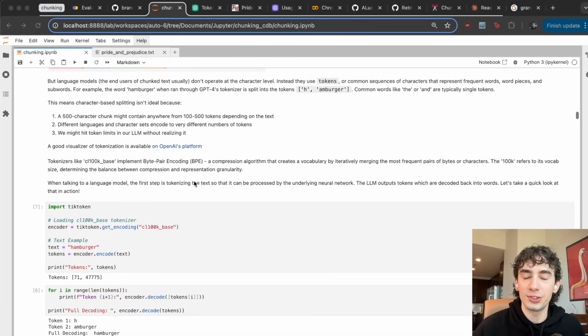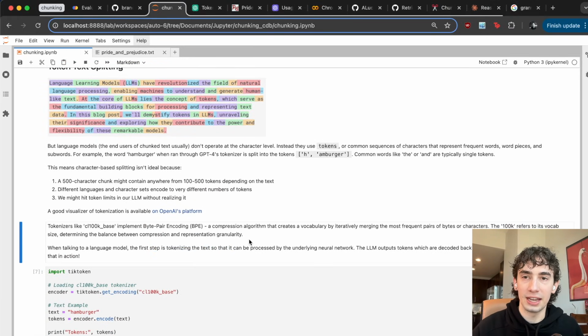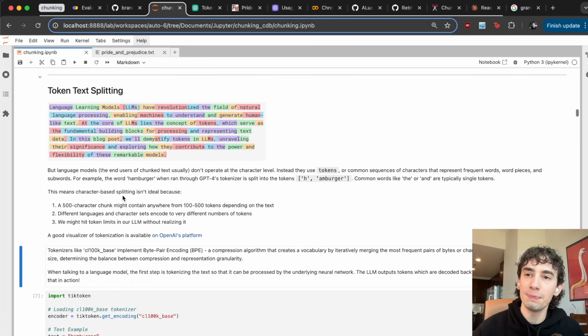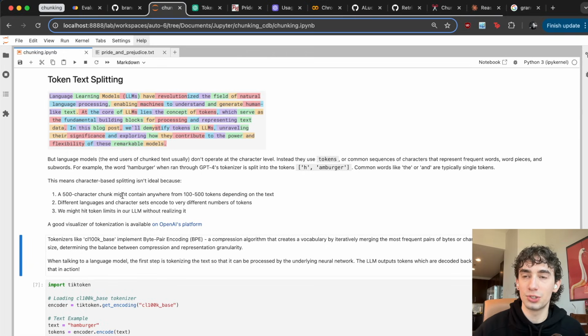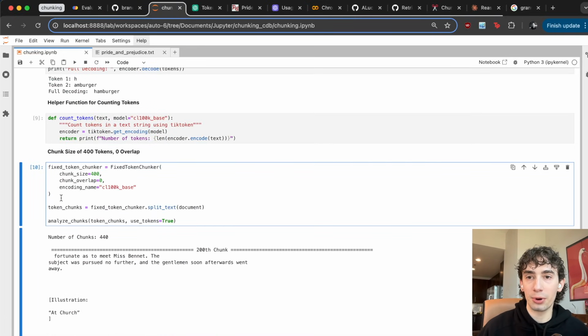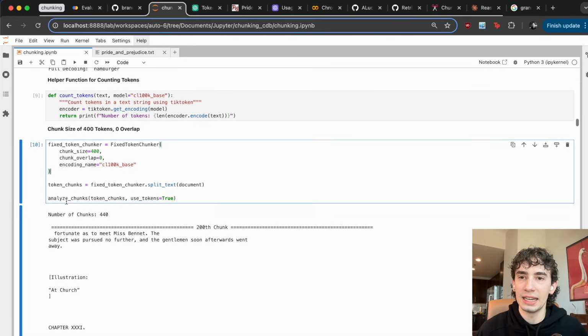But all of this is to say that language models operate by first encoding all of the text that they process with these tokenizers. And so naturally, it might be even better to do chunking at a token level. So using pretty much the same approach as the character-based chunker, but instead counting tokens, we can run through and see how that looks. So using a chunk size of 400 and the CL100K base encoder, we can create chunks